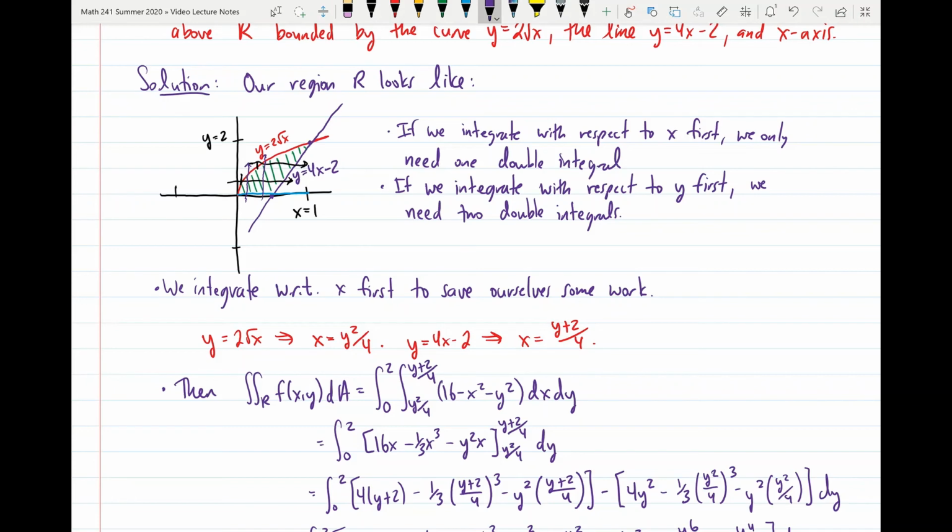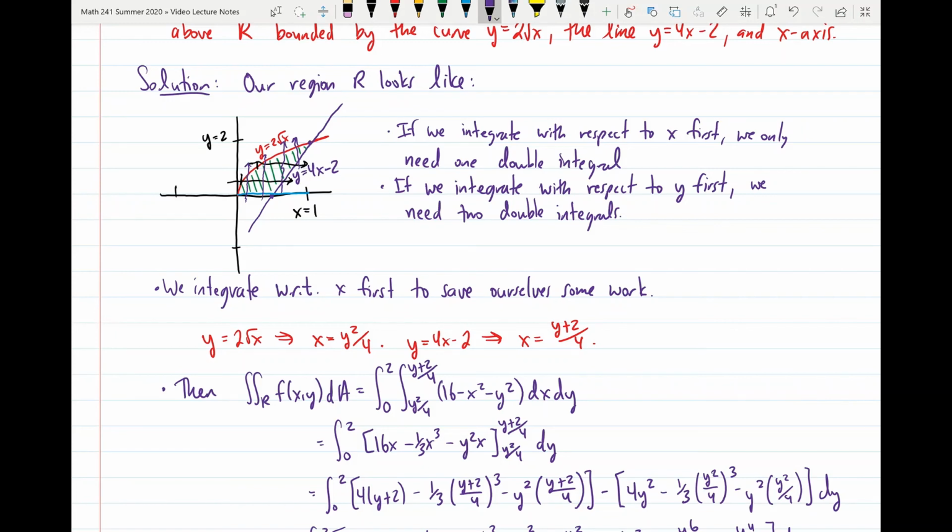But halfway through the interval for x, so once we get over to x equals 0.5, notice that if I keep drawing my lines going through the region, my lines are going to be entering at y equals 4x minus 2, and they're going to be leaving at y equals 2 times the square root of x. So basically, the entry point of these cross-sections changes halfway through the integral,